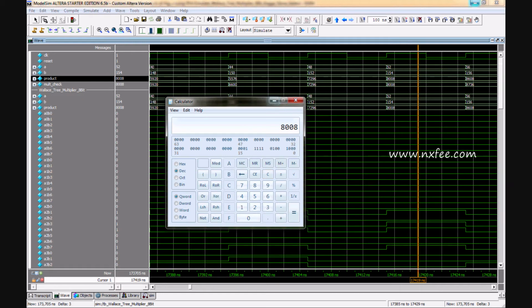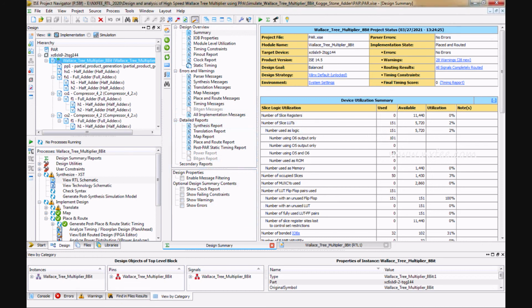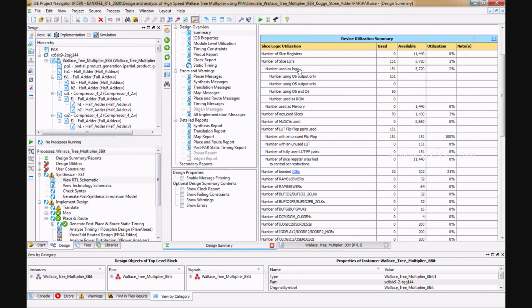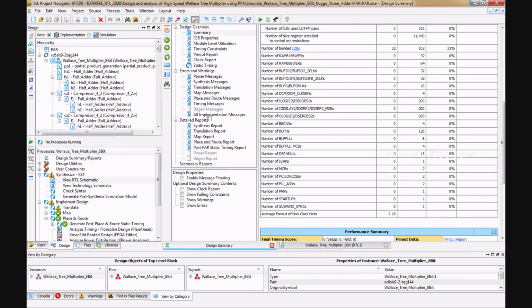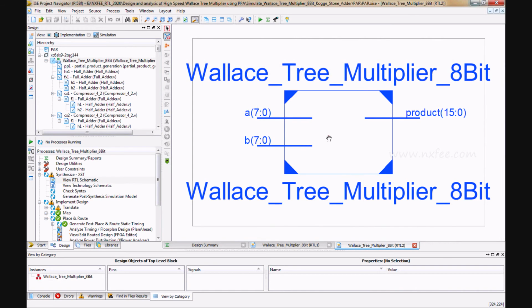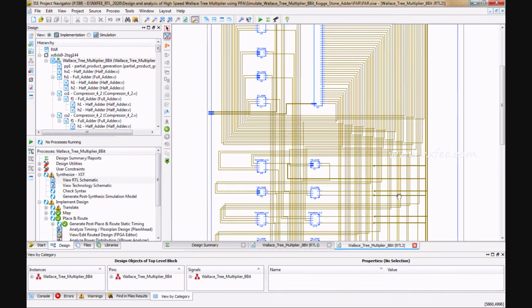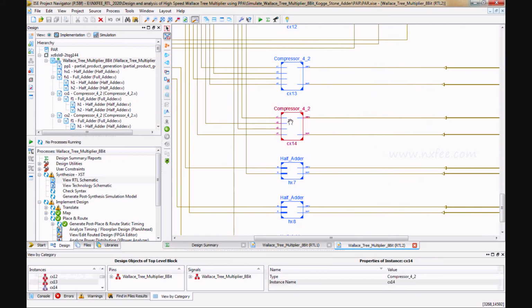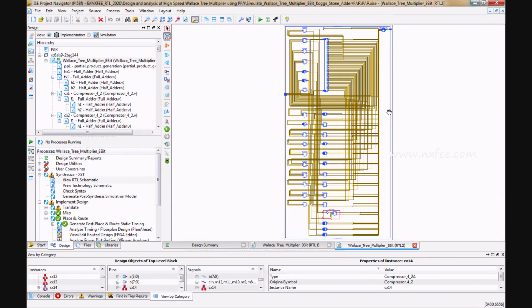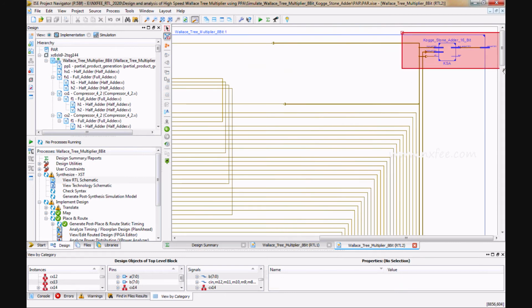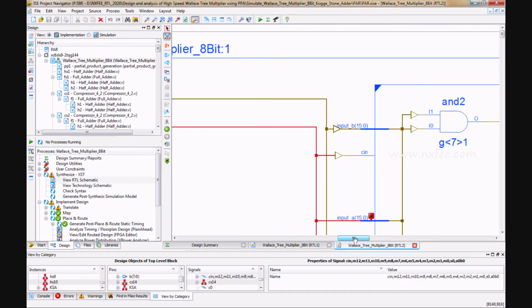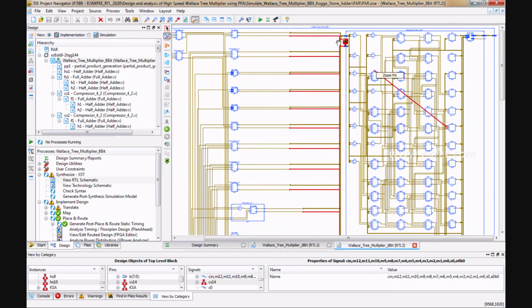And we can show the synthesis report for this addition part and multiplication part. This is the Vedic multiplication for 8-bit, and this is the synthesis report. LUT is 151, occupied slices is 50, and IOBs is 32. This synthesis report is for Vedic multiplication with a Kogge-Stone adder. You can verify the RTL schematic here. This is a compressor method based architecture, full adder with the OR gate, and this is the final addition, the Kogge-Stone adder. If you open this, we will get a Kogge-Stone adder with a multiplier.